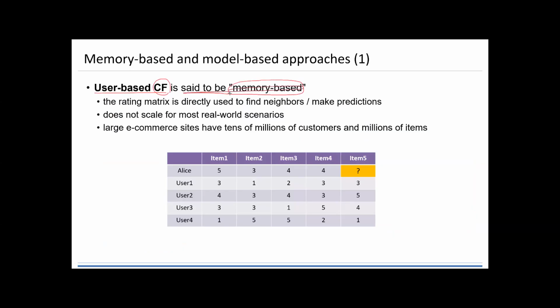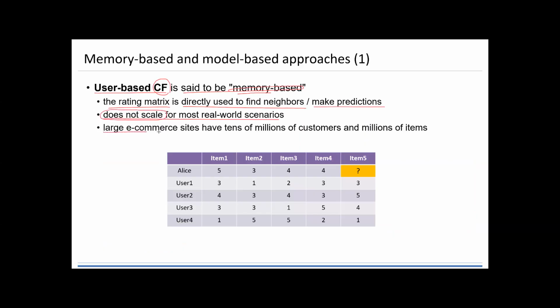We call it memory-based because we use the rating matrix. The rating matrix is directly used to find neighbors or to make predictions. And this memory-based approach does not scale for most real-world scenarios. Why? Even though this is good, it does not scale for real-world scenarios because